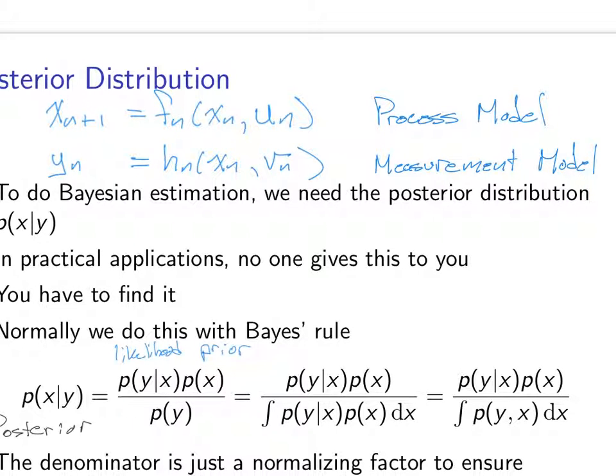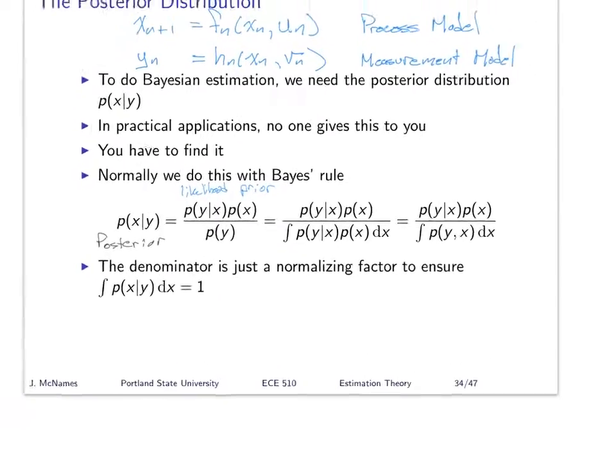So what we'll see in the next set of slides when we talk about optimal tracking is that the likelihood will come from the measurement model, and the prior will come from the process model. So that's coming. We're not there yet, but that's part of the reason that I'm going through these equations slowly and showing you everything here.